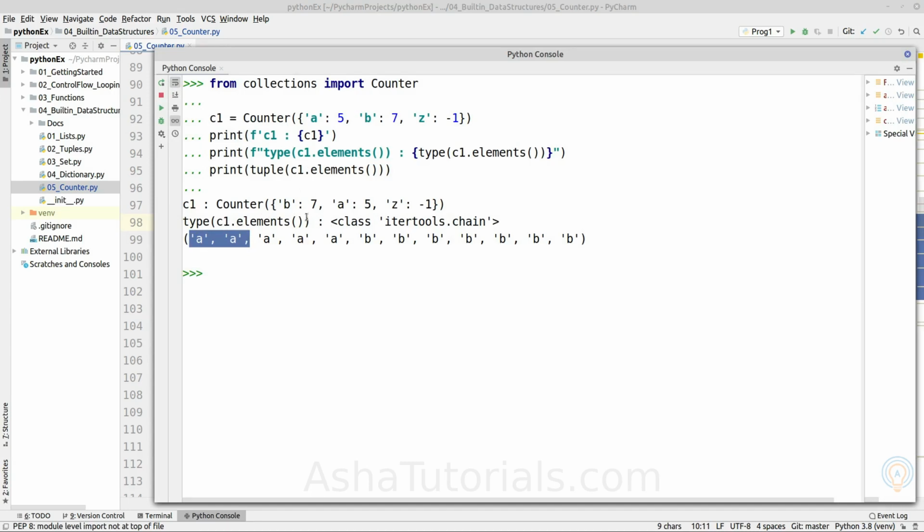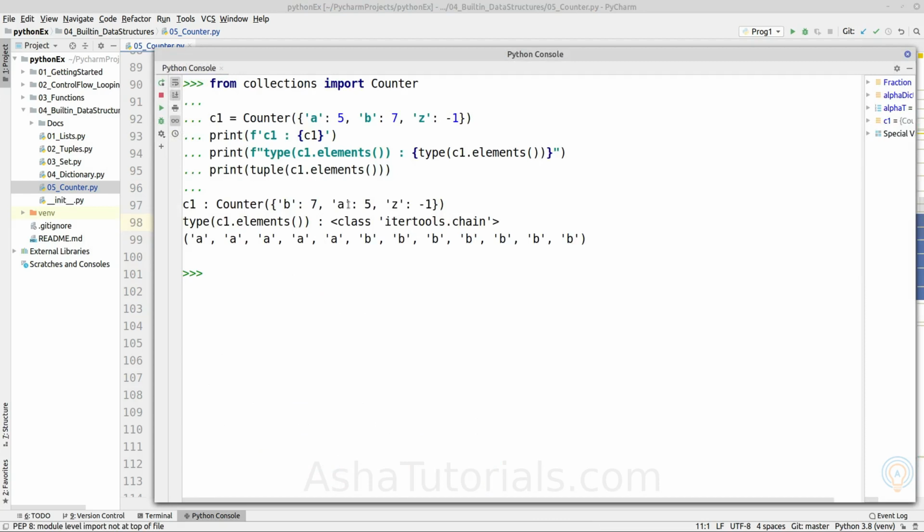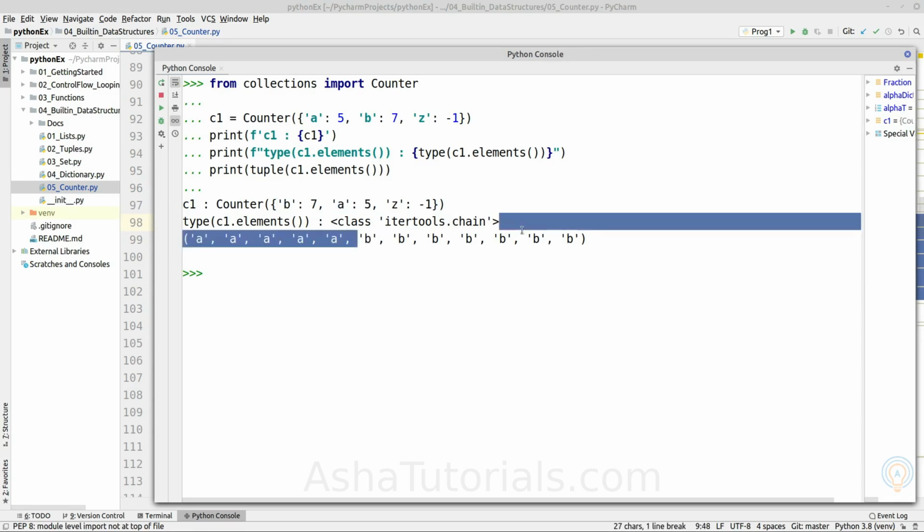Because it is a multi-set, all the values as per the given count will be repeated. Okay, so A will be repeated 5 times, and B will be repeated 7 times.